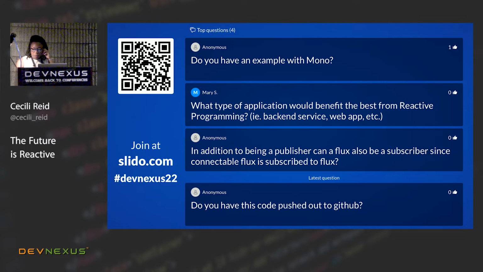What type of application would benefit the best from reactive programming? I would say a backend service communicating with the web service, but that's just biased because of the example where I mentioned those downstream services that want to be notified of different events from users. My thinking was that could be a UI. A UI developer is not going to want to ask our API repeatedly, do you have a new user now? Do you have a new user now? They often want that information to be pushed to them. GraphQL, for instance, has this feature with subscriptions.